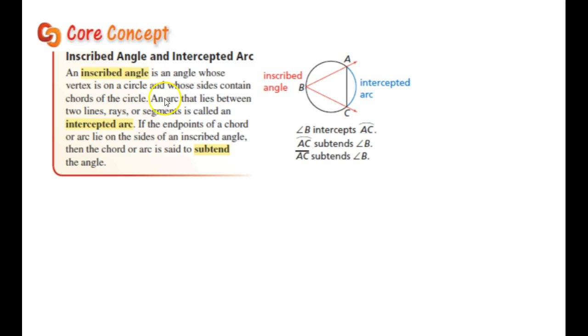So the first thing we want to look at is, what is an inscribed angle? An inscribed angle has the vertex on the circle, right? And we talked in previous sections about central angles, where the vertex was in the middle, on the center, and now our inscribed angles are on the actual circle itself. Okay, so we know that both of the rays of my angle will intercept and create an arc, right? So that's kind of the same thing that we've been looking at, except just the measurements are going to be